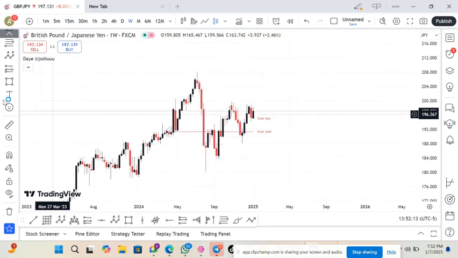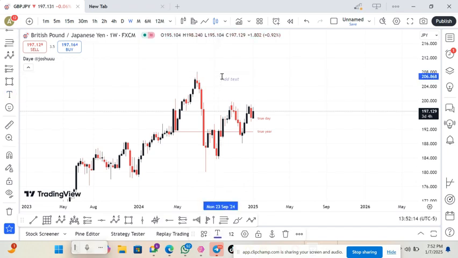First, you have to start with the weekly time frame, followed by the daily, followed by H4, 4 hours,